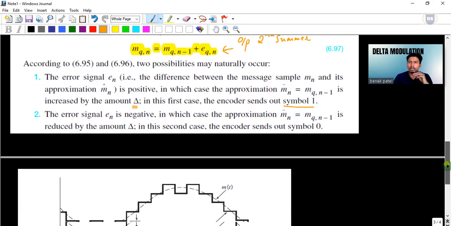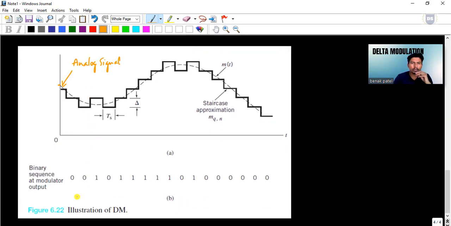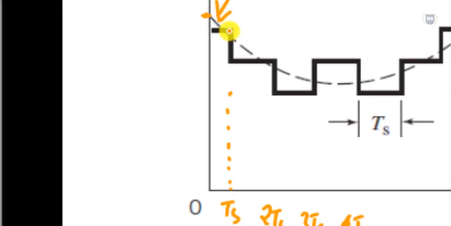So let's have a look at its working. Let's see how this delta modulation works. So back in this diagram, let's consider this dotted line as our analog signal, which is getting sampled at regular intervals of Ts. So let's assume this to be Ts. Next, let it be 2Ts, 3Ts, 4Ts, likewise. So here, during our very first sampling interval, we can see that this is where we have our analog signal, but our predicted output is at a higher level.